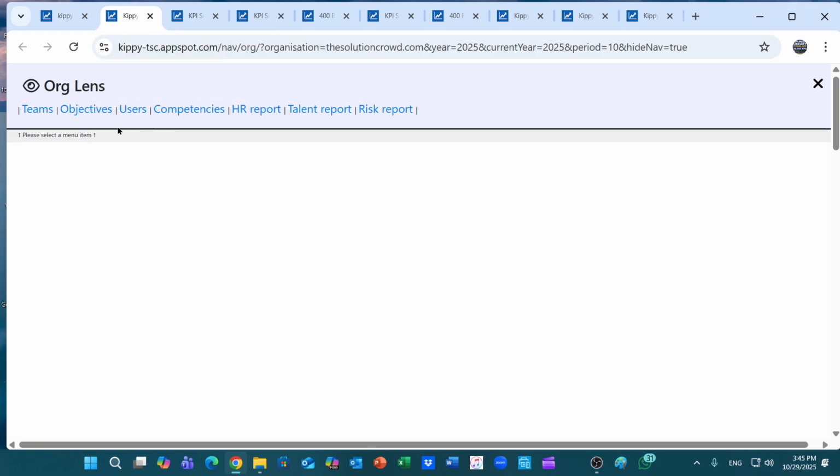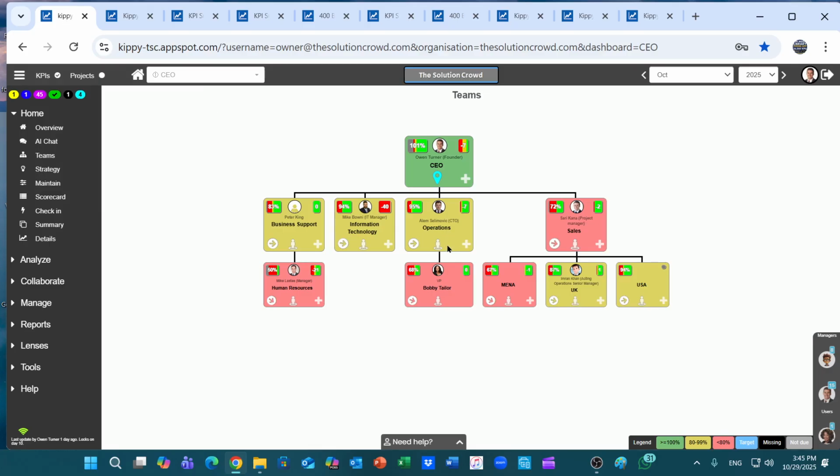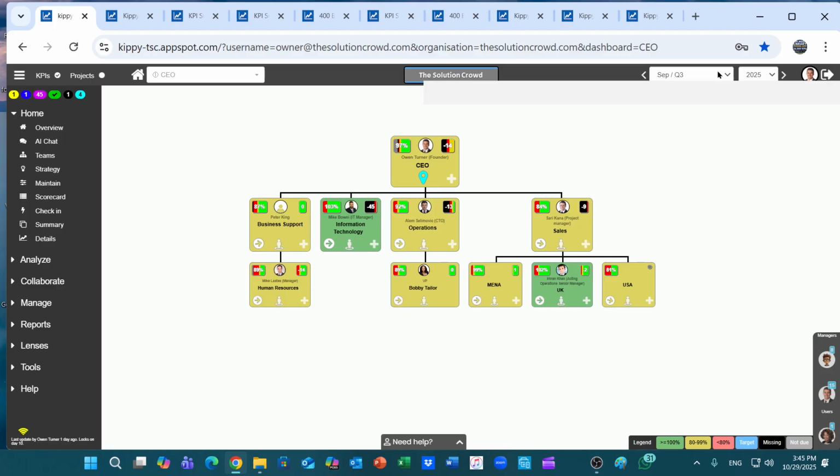this is where you will get a lot of information about the organization. We will cover the detail of the lenses later on. Also, this is where you select which period, which month or quarter or semi-annual or even yearly period. For example, now we are in the October period. You can go back by using this side arrow as well if you don't want to click on